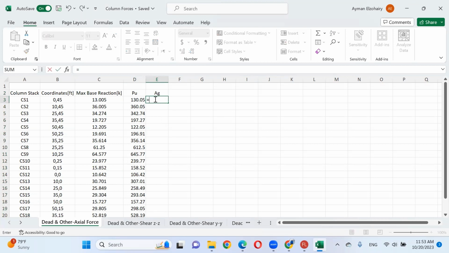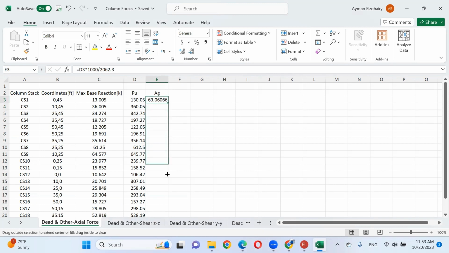I will say equal this total reaction P ultimate times 1,000 to be in pounds, divided by 2062.3. Enter. I got the area gross for the first column.